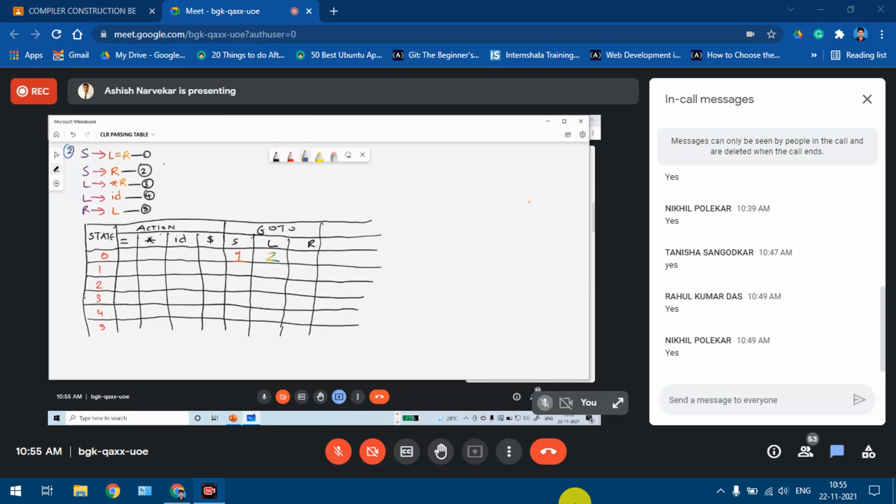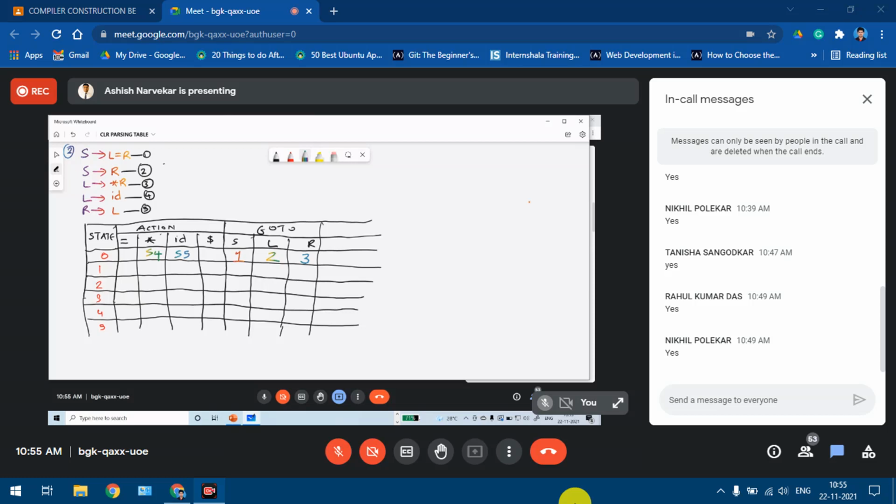So it will be 3 over here. Next is on star. On star it goes to 4. So when on star it goes to 4, it implies a shift action. So it will be S4. Then on ID it goes to 5. So it will be S5.